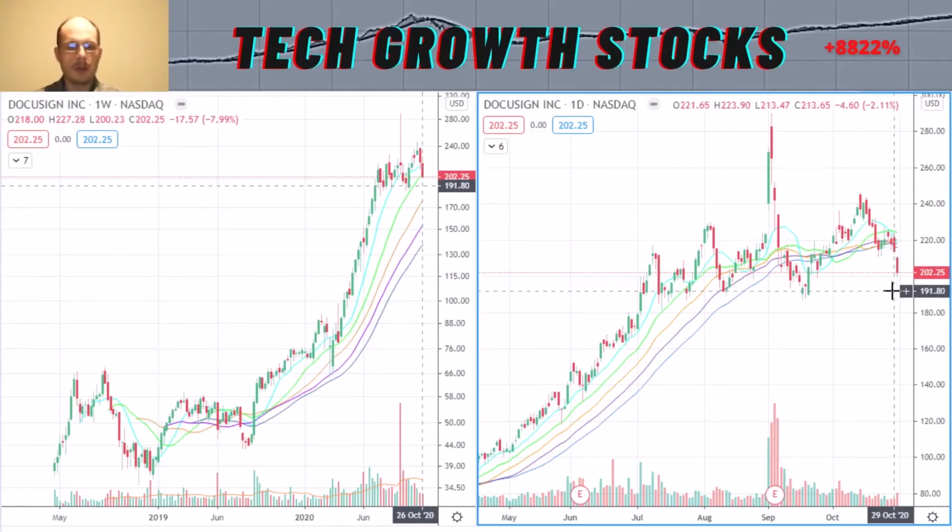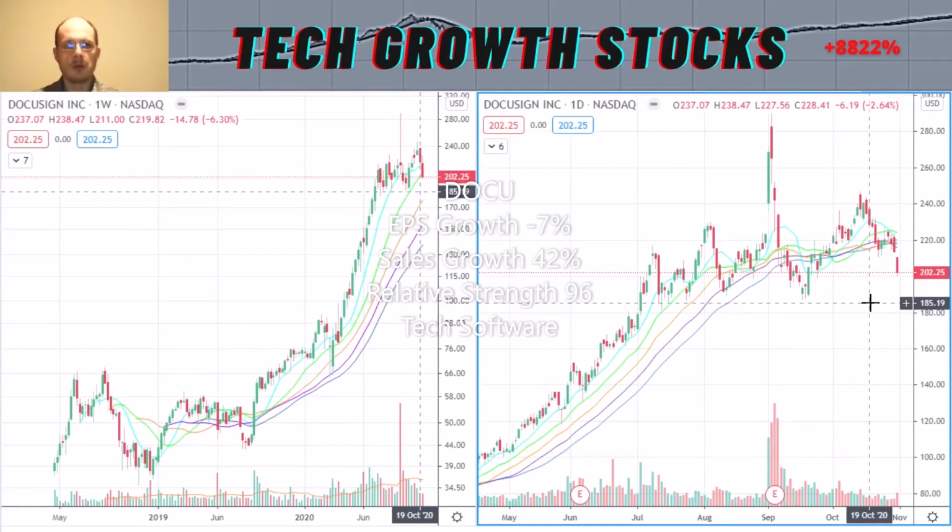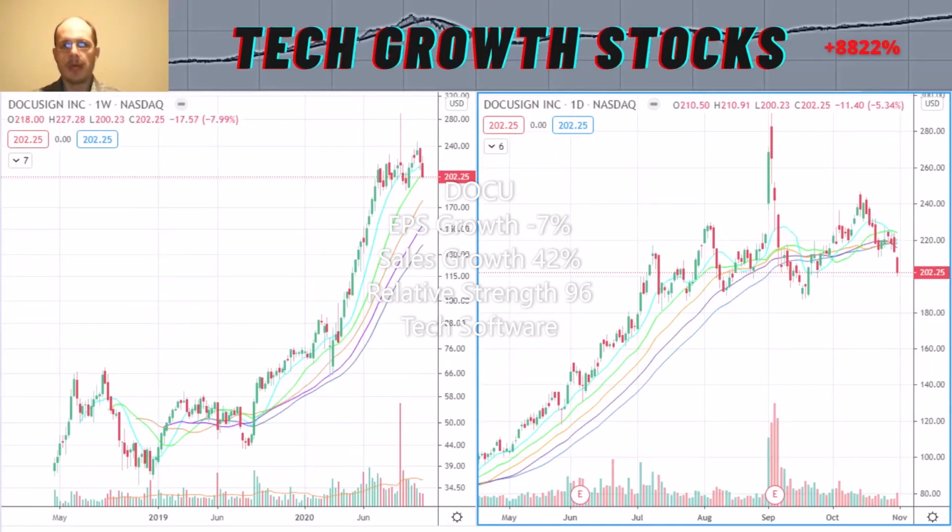DOCU's growth characteristics: the EPS growth is not that good, currently it's -7%. The sales growth is strong with 42%, and the relative strength rating of 96 is also very strong. So DOCU is also a top tech software momentum stock. Okay, so let's look at the next stock, and it is